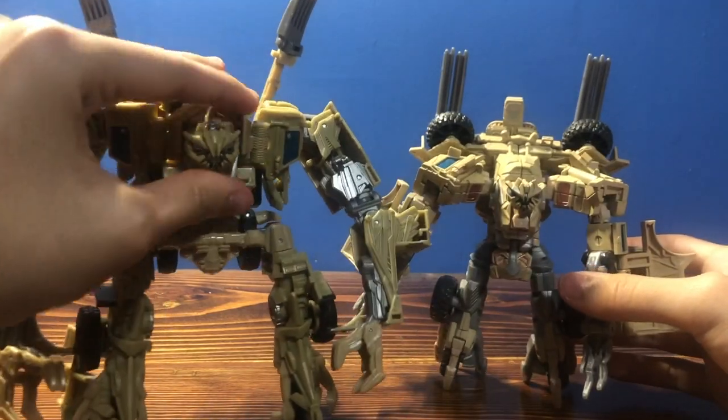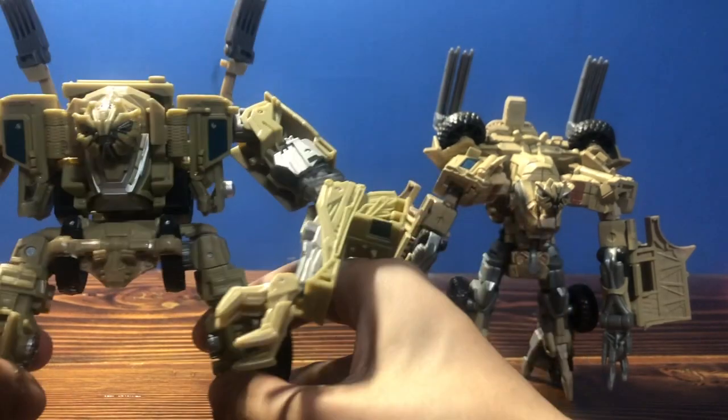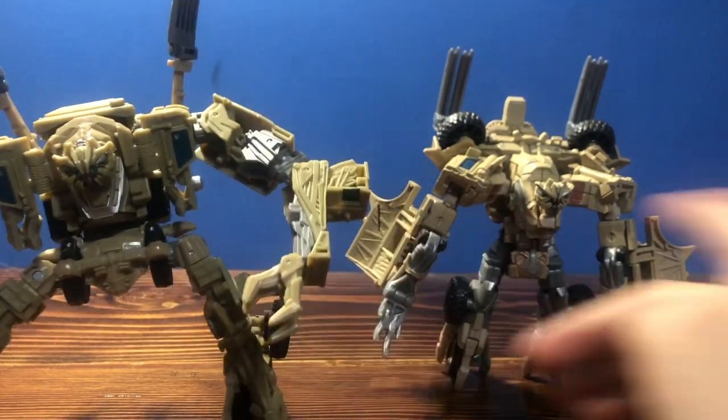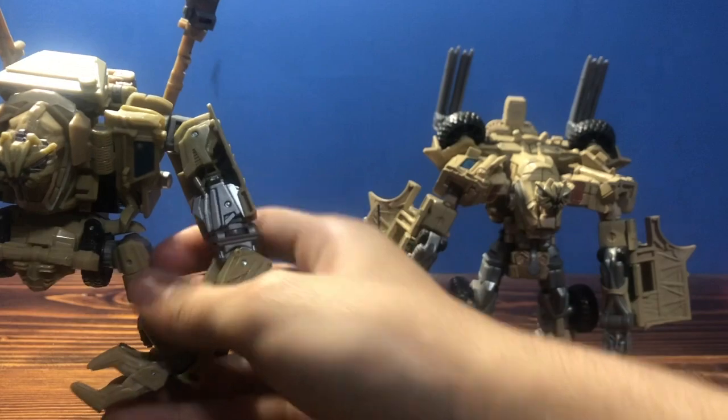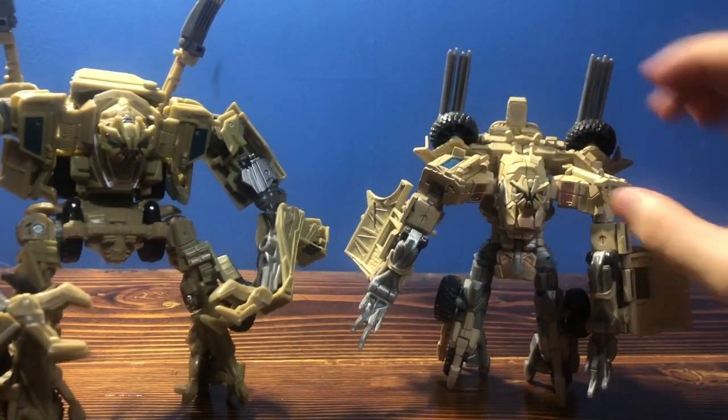I feel the new sculpt is very good. I like the new posability. He's very posable compared to the other one. The arms are a lot better, which these were just always weird. And the head sculpt,